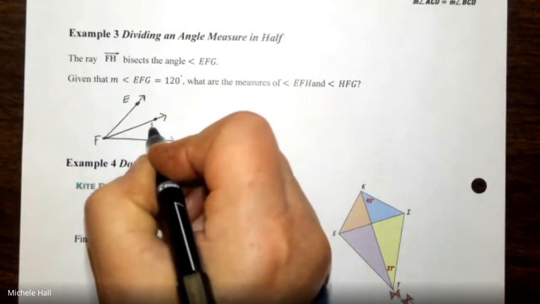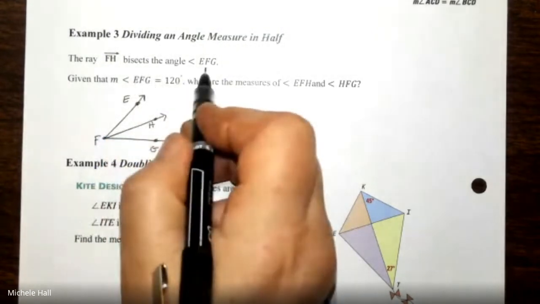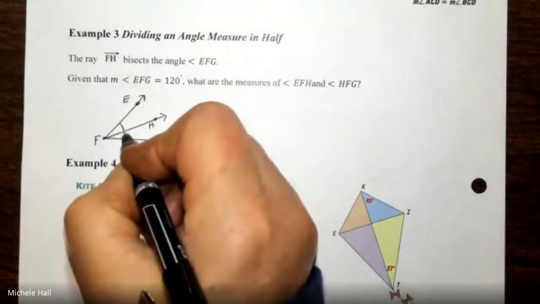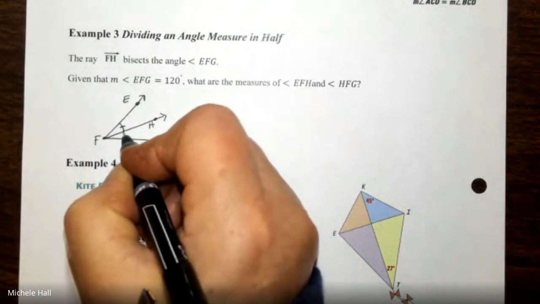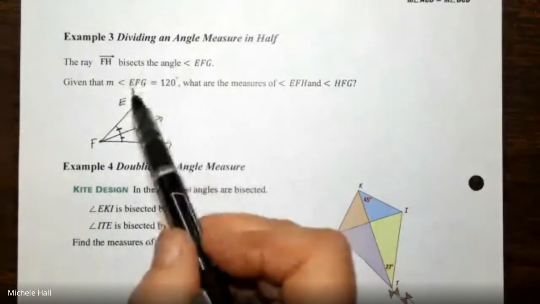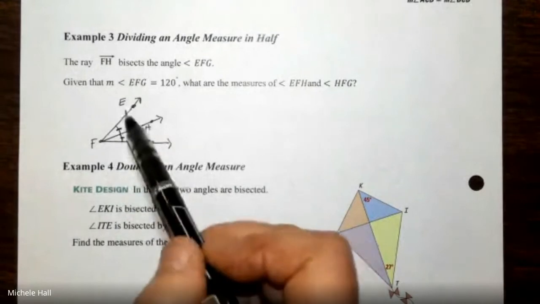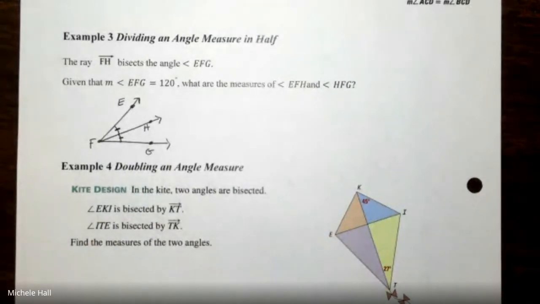And here is H. Ray FH is bisecting the angle. Therefore, I know that the first angle is going to be congruent to the second angle. These angles are congruent. Given that angle EFG equals 120,